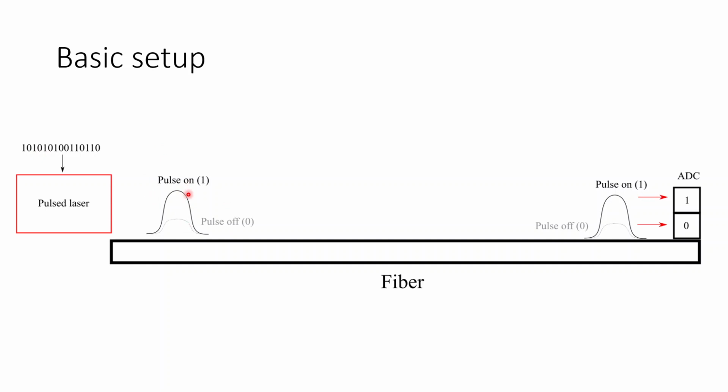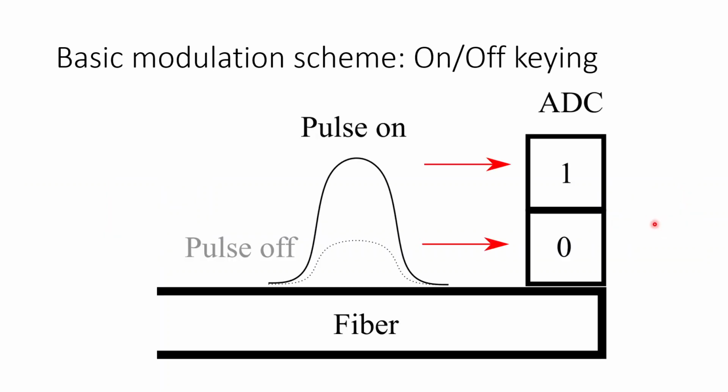Then this light, or maybe even the lack of light, propagates down the fiber to the other end, where an analog to digital converter is configured so that reading a high optical power will interpret the signal as a 1, and reading low power will interpret as a 0. So this type of basic modulation scheme is called on-off keying,